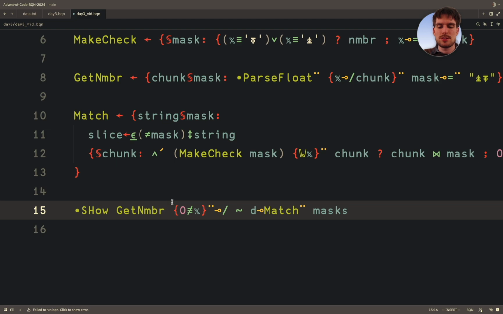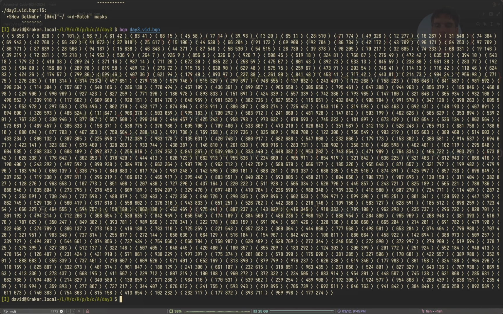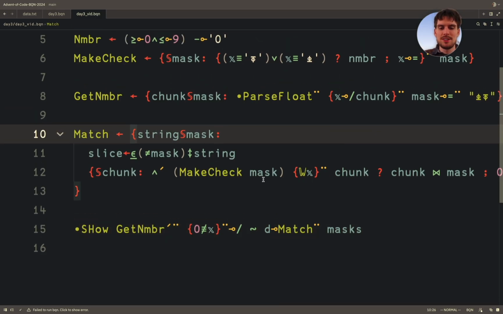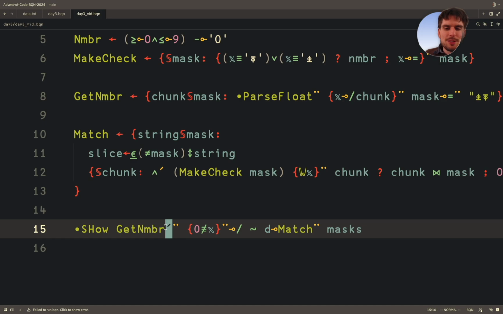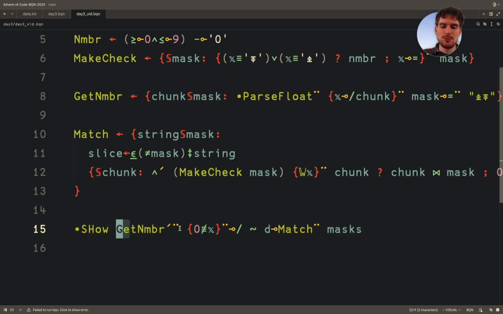So we can just fold over the thing we have. We need to fold over each of them. And bada bing, bada boom. This is a lovely trick where if you have two things in an array and you fold over them, you just give them as the left and right argument to a function. So we have all the numbers now, and the problem was to